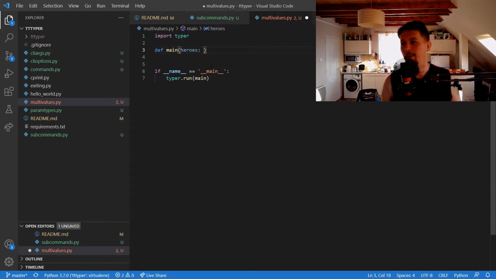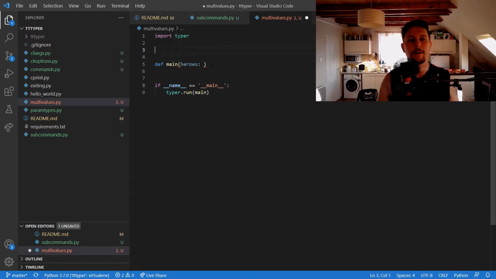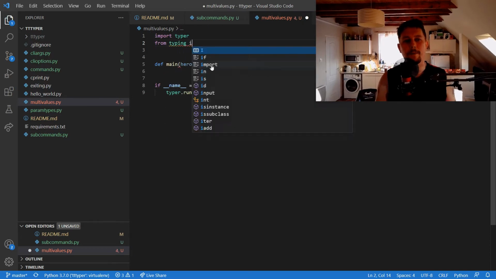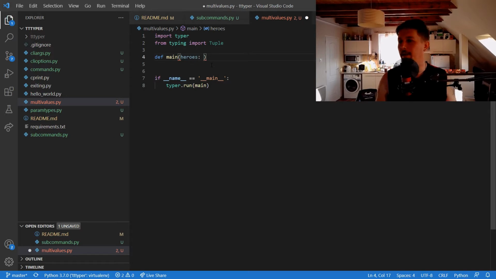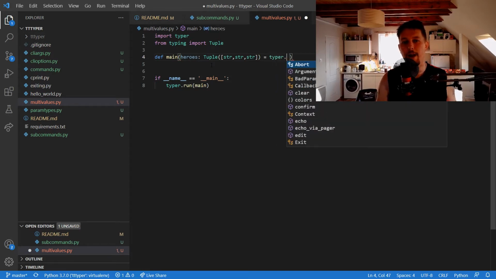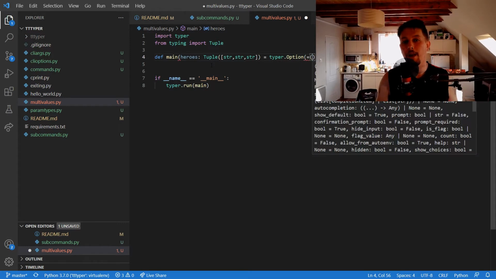So basically we would like to import Tuple from typing, and we say that this heroes variable is of tuple type, and we would like to specify a string and a string, and then we say that this is a typer.Option, and the default values are